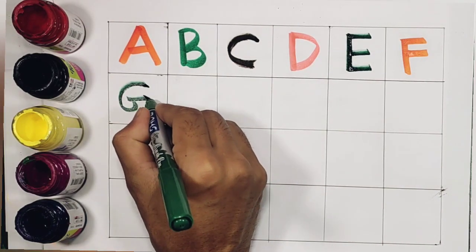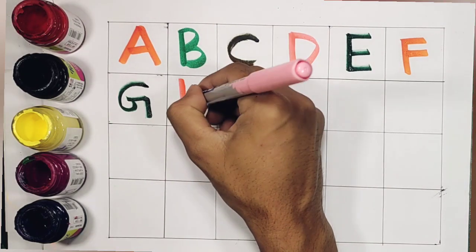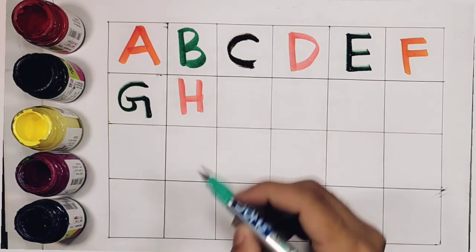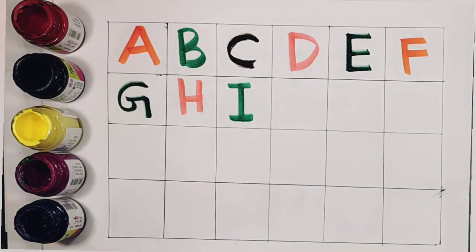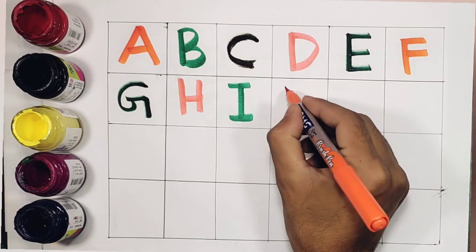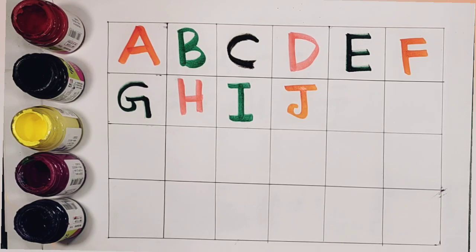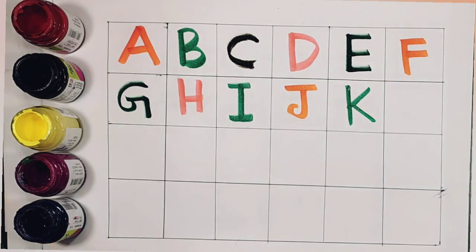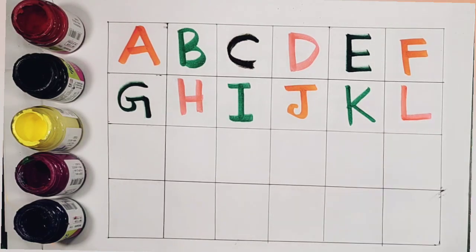G for grapes, H for hen, I for ice cream, J for jug, K for kite, L for lion,